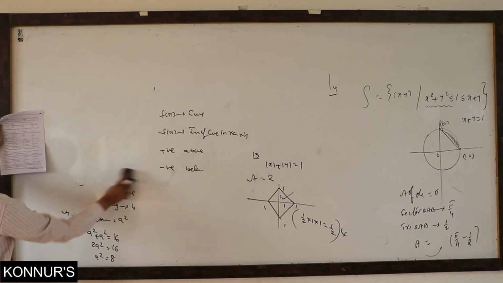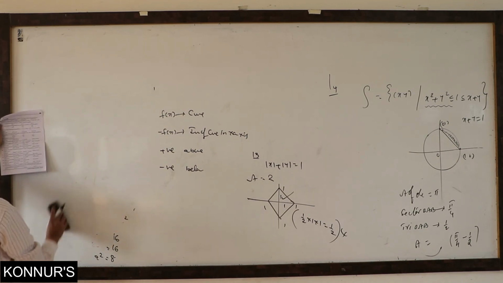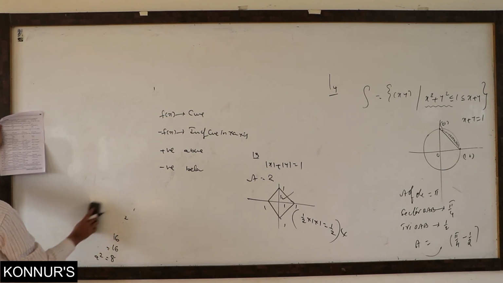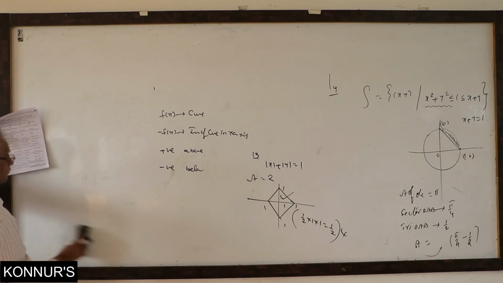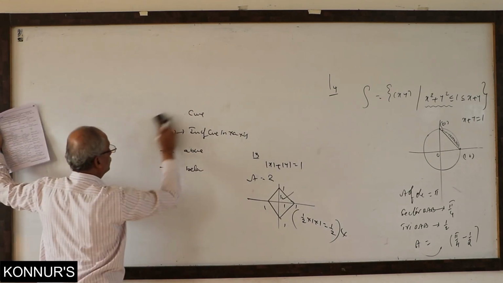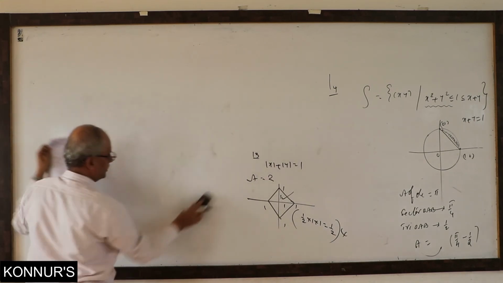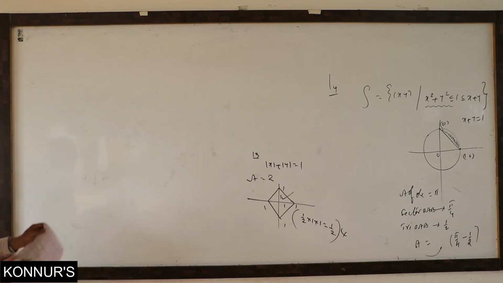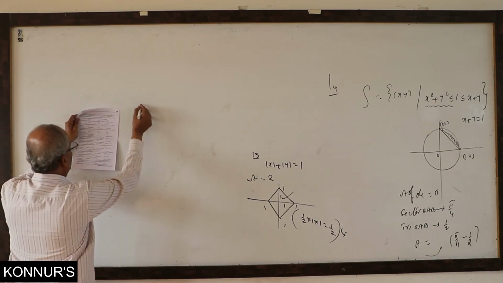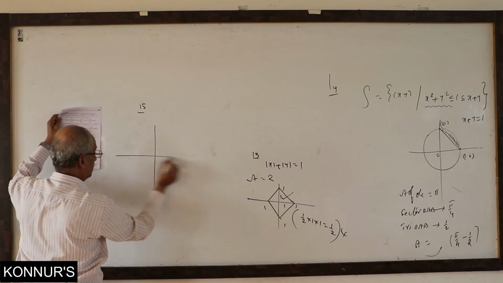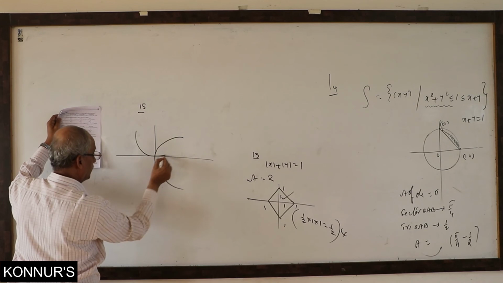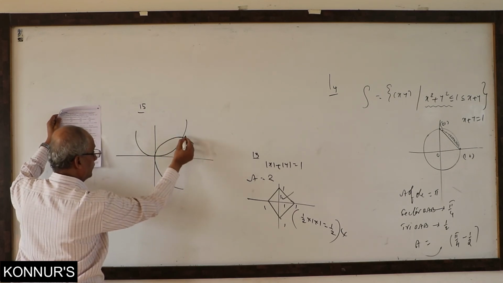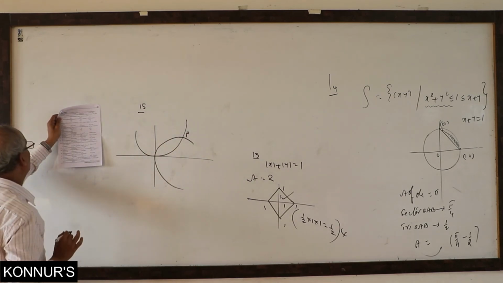That is for the combination. Next, also two parabolas. S1, S2, S3 are the regions divided by the lines x equal to 4, y equal to 4. Same again, a combination of two parabolas. Exact same model. I will give you the diagram. You finish the integration. y square equal to 4ax, x square equal to 4ay. P is the point of intersection.